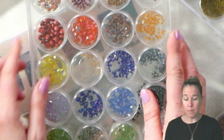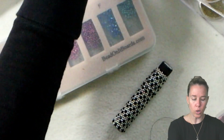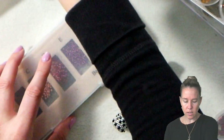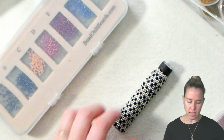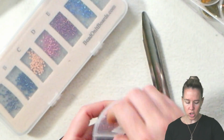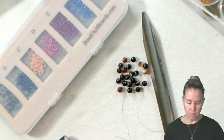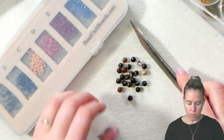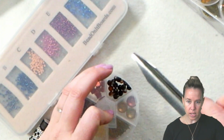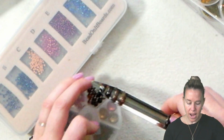When it's time to clean up, if you do not have your little organizer trays or you have your triangle trays, you may also want to keep handy, I always love this, this is a bead scoop. So once you're done with your project, you have everything out on your bead mat, you can grab your bead scoop and get all of them in there, dump them back into your project